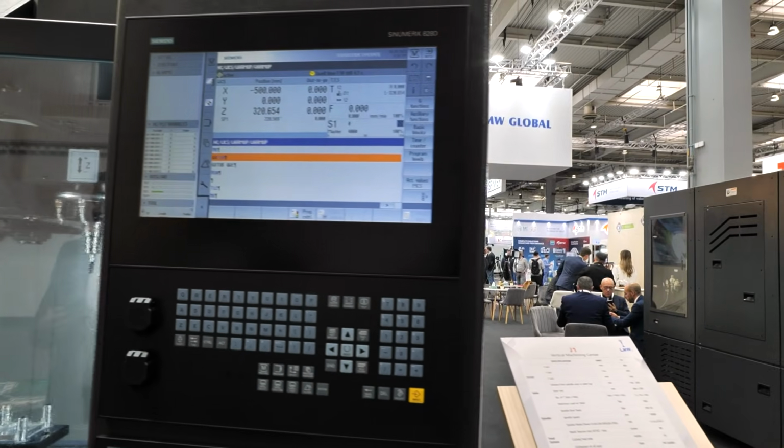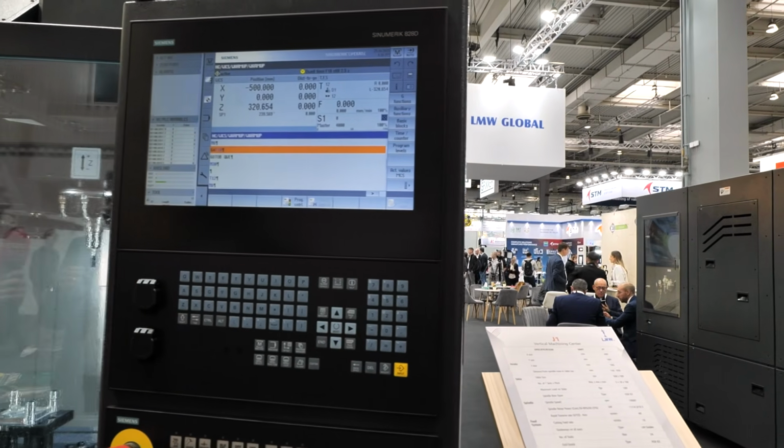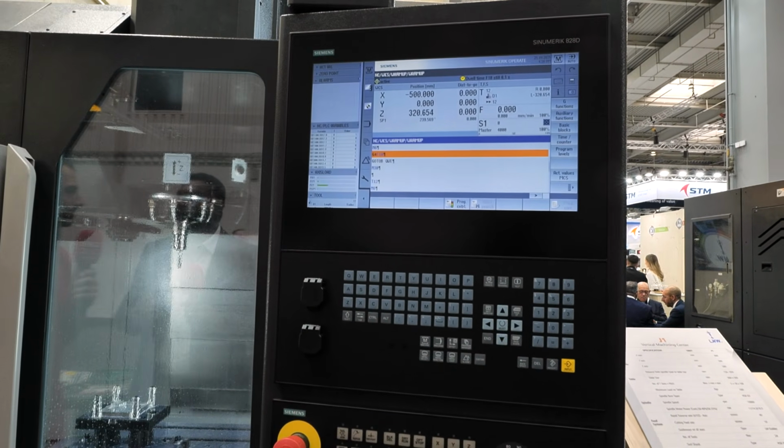We do our own spindles, we do our own turrets, we do our own castings, and everything is done by ourselves. Amazing. And this is something: we have not just quality, we also have the lead time. So that's why we are faster, we are having the best quality, and we are able to give the best solutions